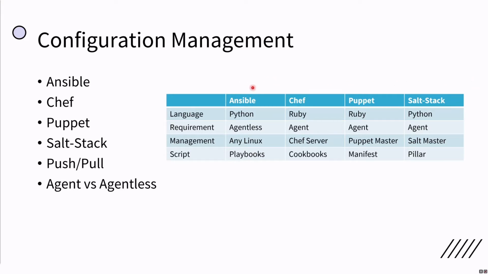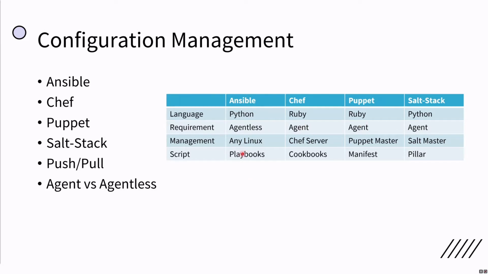It is important to know that you should really try and touch all of them and get familiar with all of them, not just focus on one tool. But because we are limited in time, and this is a networking program, I felt that Ansible was the most appropriate. Chef and Puppet are both written in Ruby. They do require an agent on the end host,